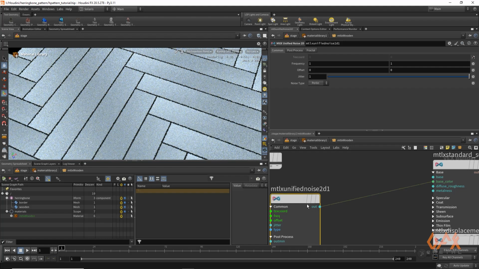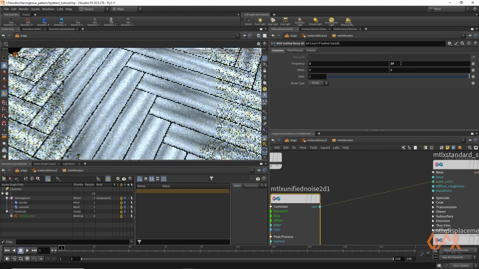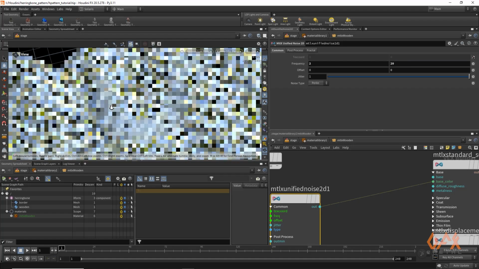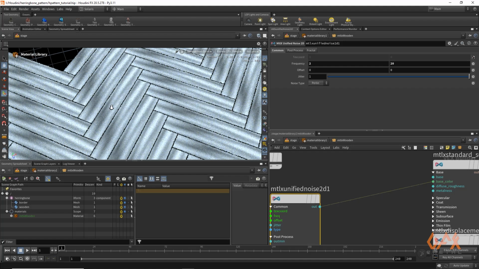So I will get something like this, and if you change your frequency, maybe 2 and here 20, we will get something like this. Okay, but the issue with this is that we will get a similar pattern on every tile. Okay, and this is a bit awkward, or it does not look natural.